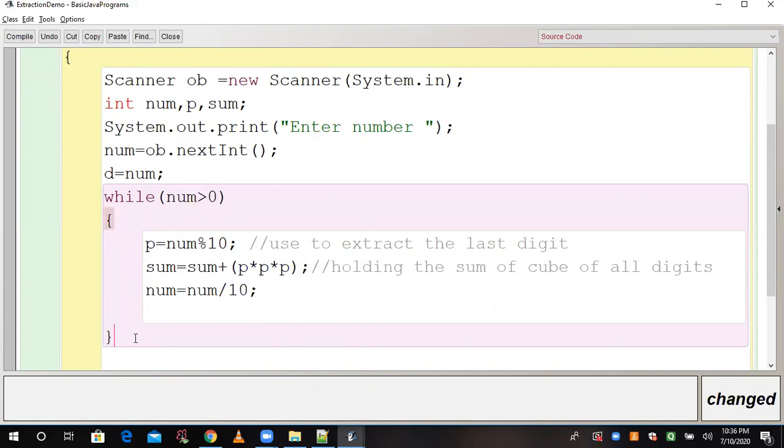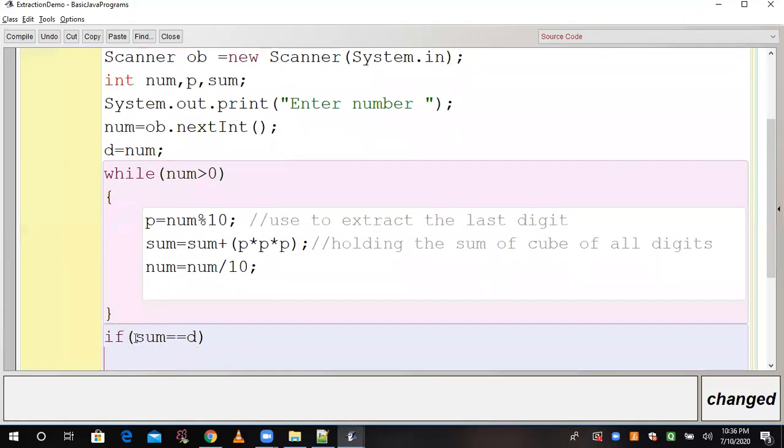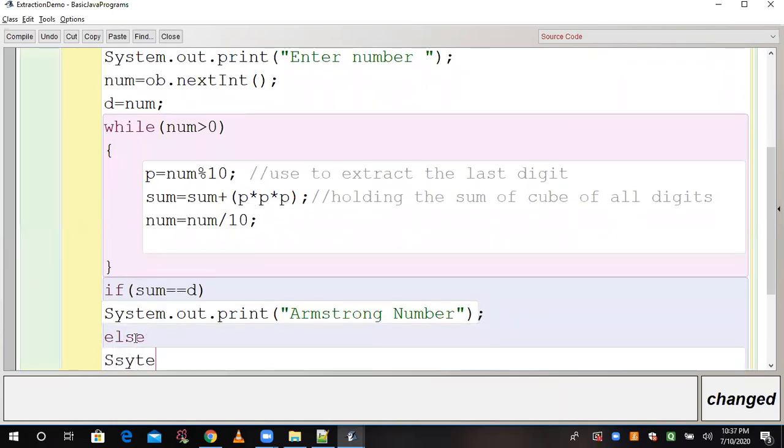So I will compare the sum with D, and D is also the same number which I have taken as a backup. Now System.out.print Armstrong number. 1 second, please. Don't worry, I will explain. Else, not an Armstrong number.